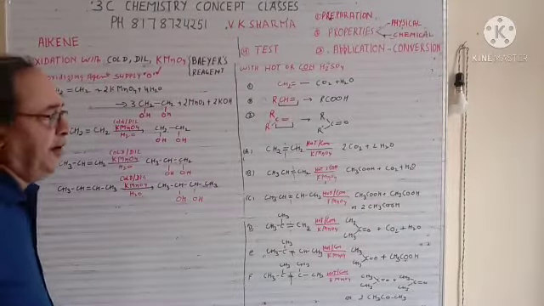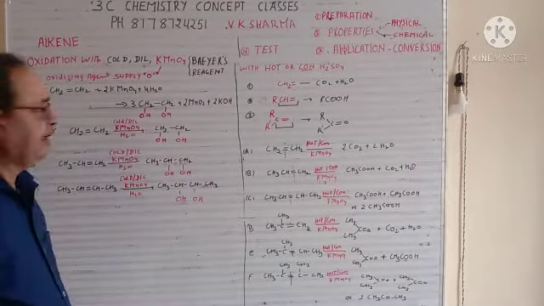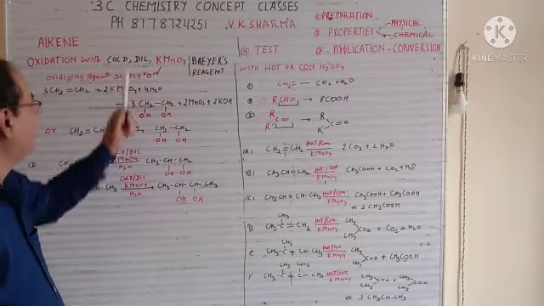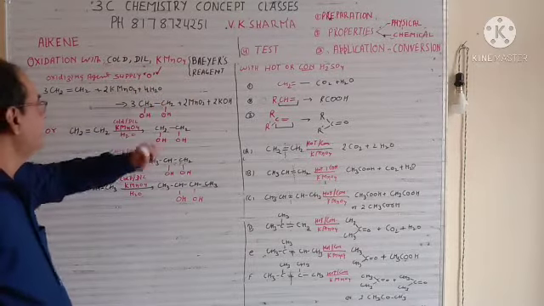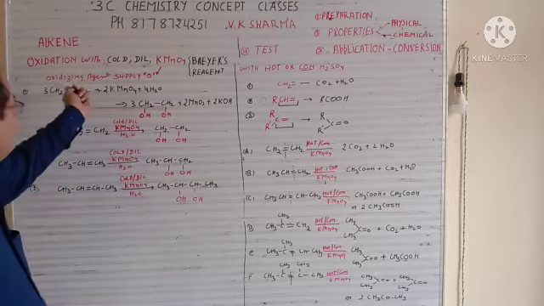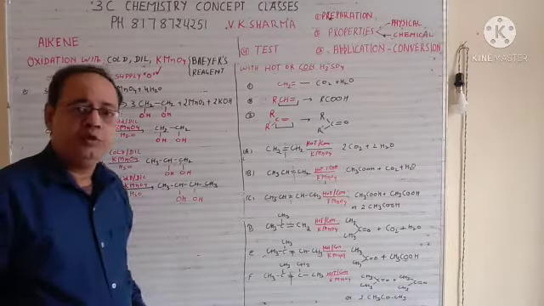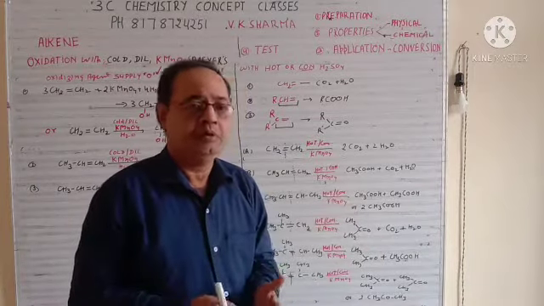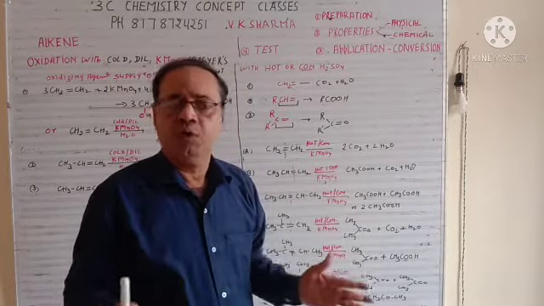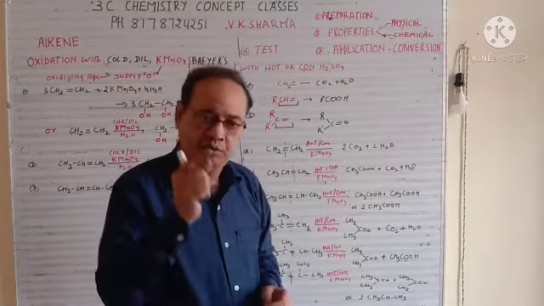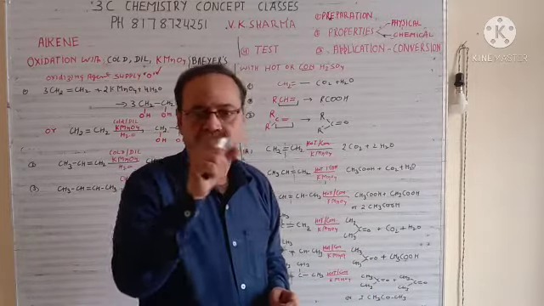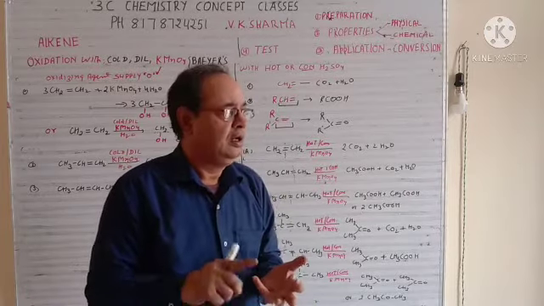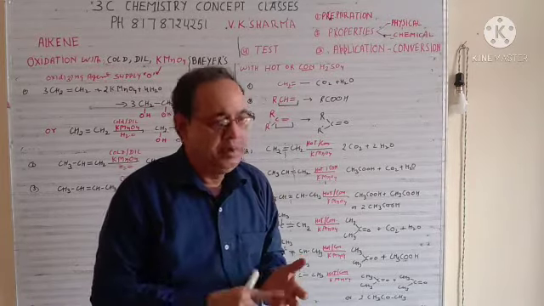Now friends, we have another topic, that is another property of alkene. When alkene undergoes oxidation with cold or dilute KMnO4, which is known as Baeyer's reagent. See, an oxidizing agent basically supplies the oxygen. So whenever you are using any oxidizing agent, don't try to balance the oxygen with it, because it supplies whatever amount of oxygen you require. So never balance oxygen with any oxidizing agent like K2Cr2O7, KMnO4, concentrated HNO3, bromine plus water and so on.